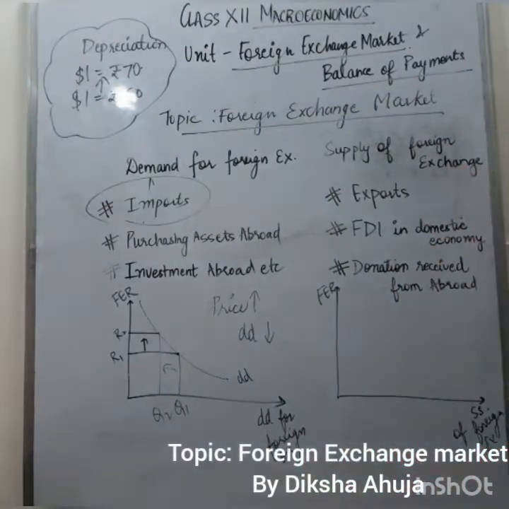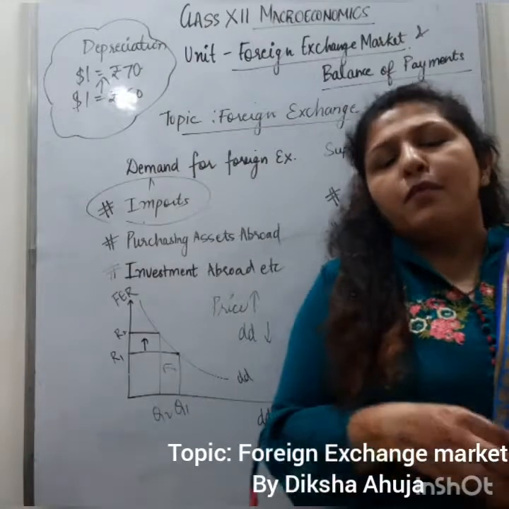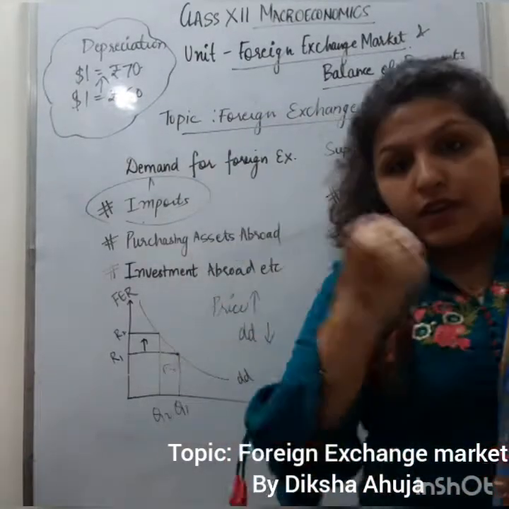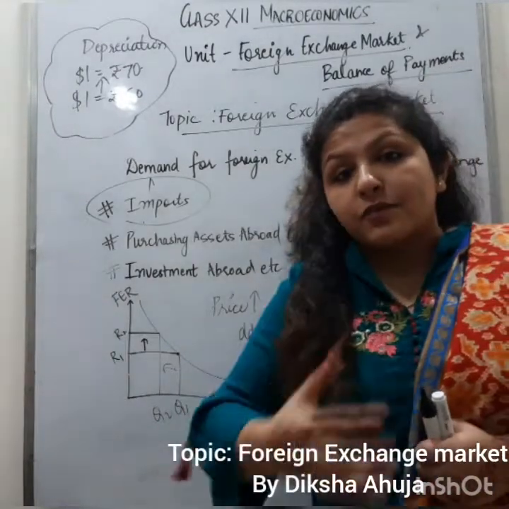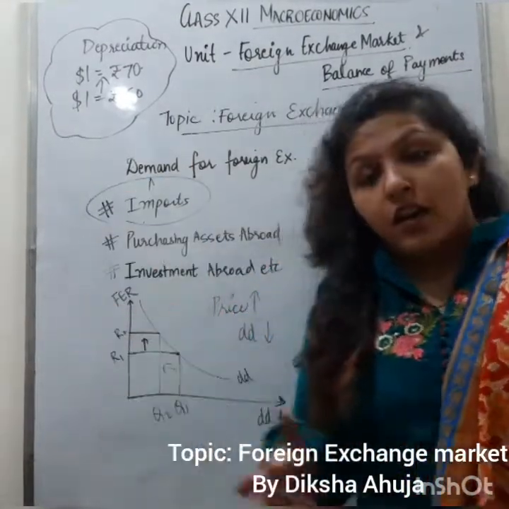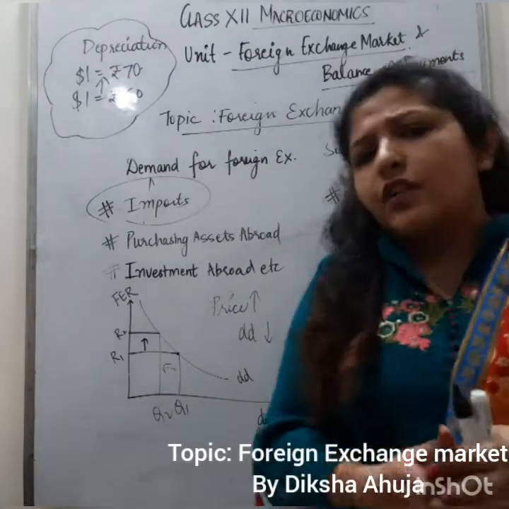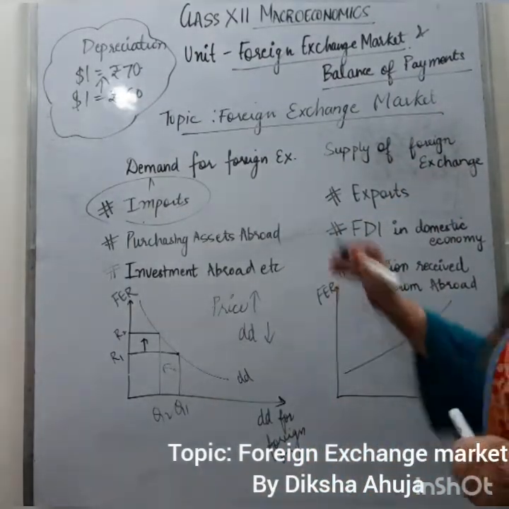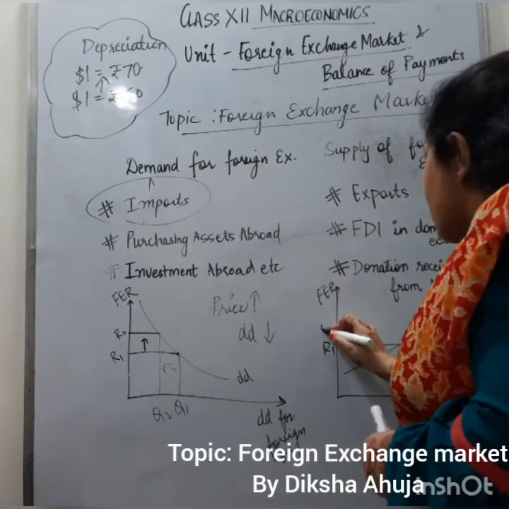So why does supply of dollars come in? Just think of when we export goods and services, we get the money in dollars. When FDI comes in domestic economy, it comes in the foreign currency, and that's why in chapter 3 we have studied the foreign direct investment जो इंडिया में आई थी, that flooded. Okay, donation received from abroad, कुछ भी जो बाहर से आ रहा है, that will come in dollars. Supply will come. So depreciation means 60 to 70 हो गया है, right? So exchange rate has risen from R1 to R2.